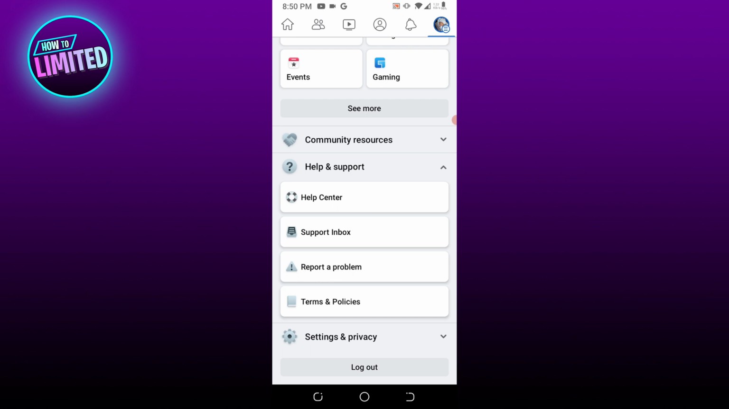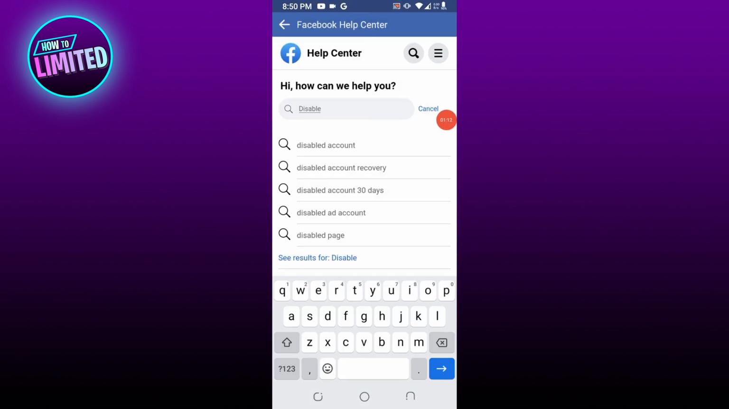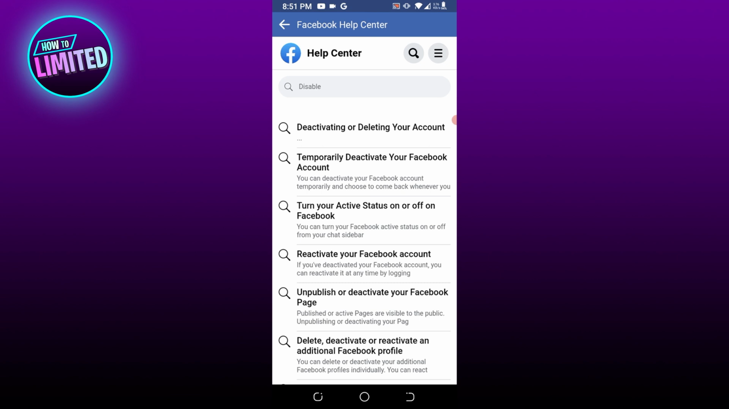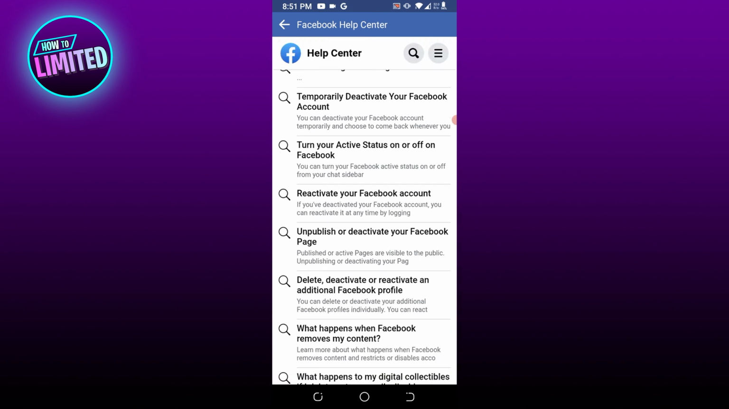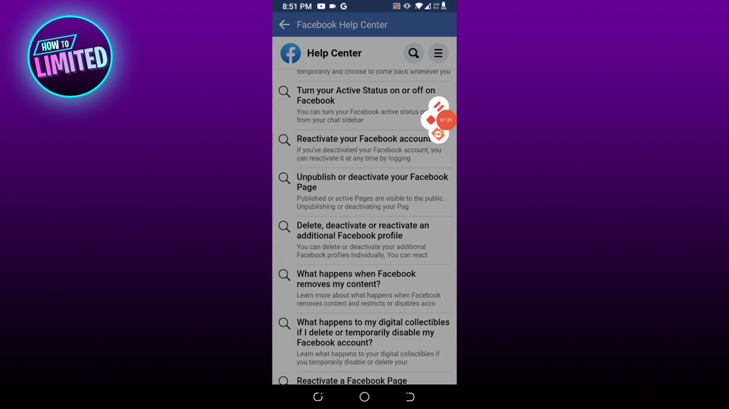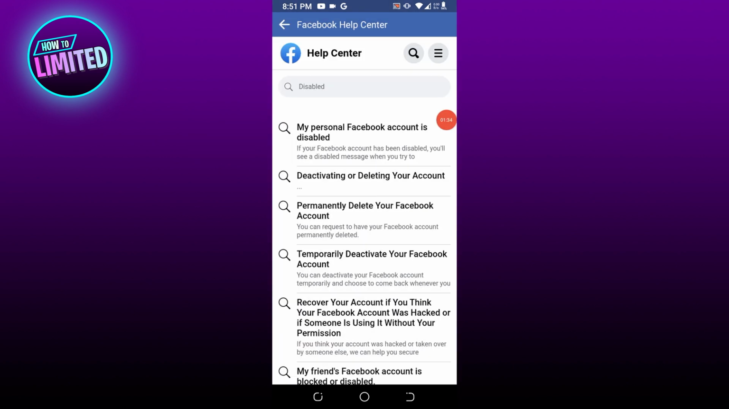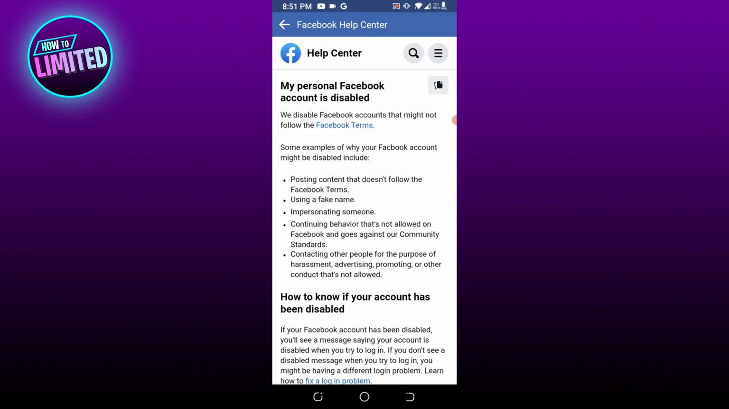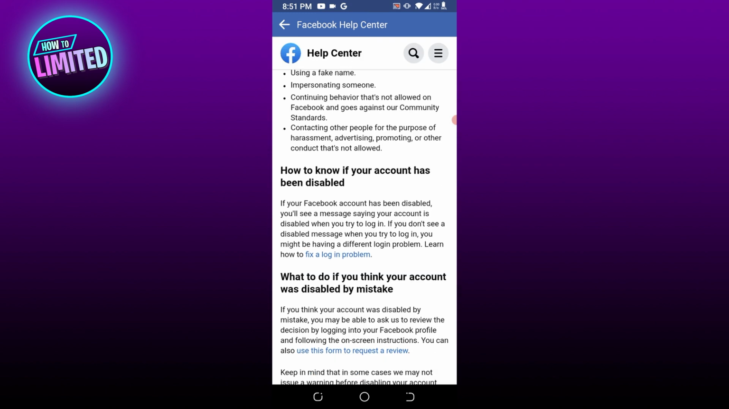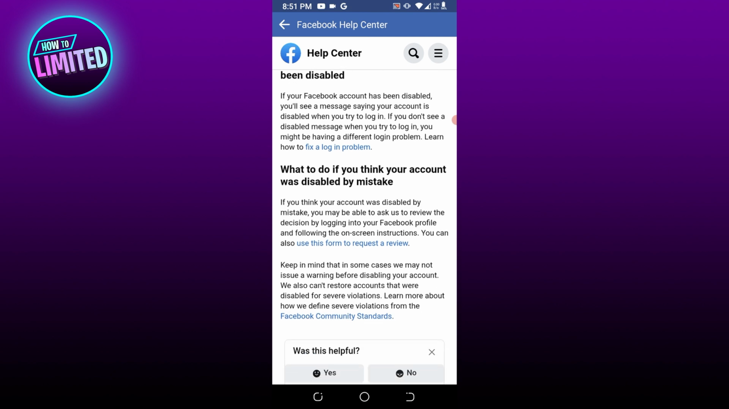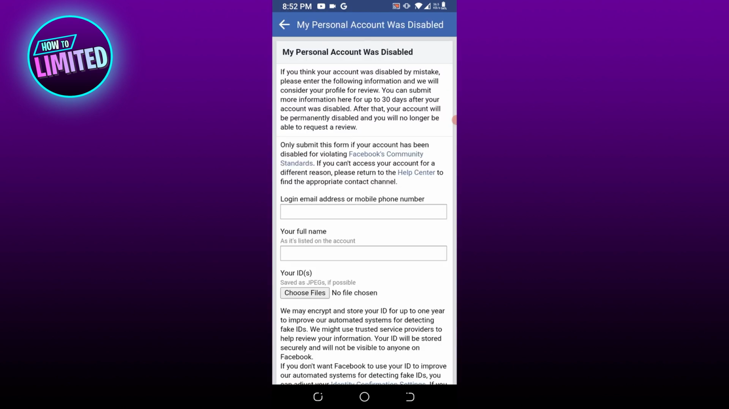Under Help and Support, click Help Center and type in Disabled in the search field. Click My personal Facebook account is disabled from the drop-down menu that appears. Scroll to the paragraph just above the What can I do if my account has been disabled? Click the Use this form to request a review link in the paragraph to navigate to the Facebook contact form